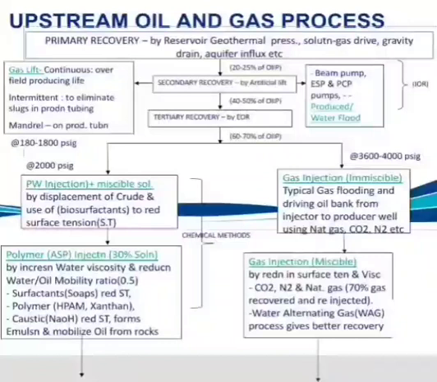Gas being a highly sought after commodity because of its benefits for use as fuel as well as feed for petrochemical plants, for fertilizer as well as power requirements, many companies refrain from using gas for gas lifting or reinjection. In such cases, they prefer other secondary recovery methods, which is using beam pumps, electrostatic pumps and progressive cavity pumps. Or there are other methods such as produced water flooding, whereby water is flooded from the injector